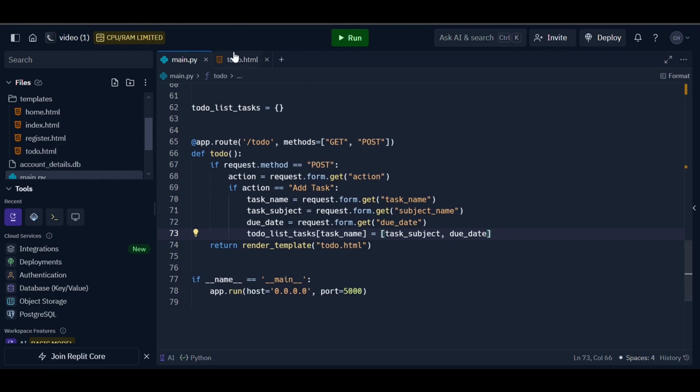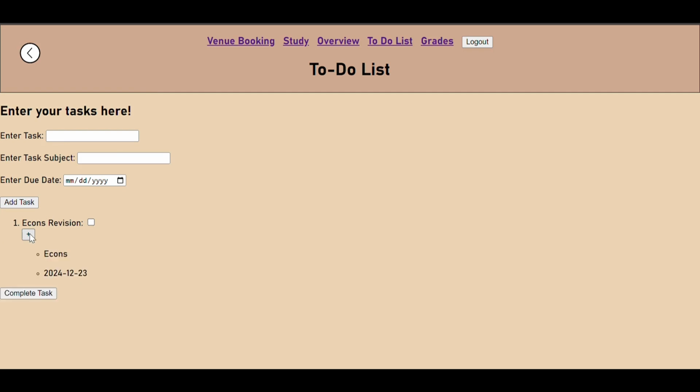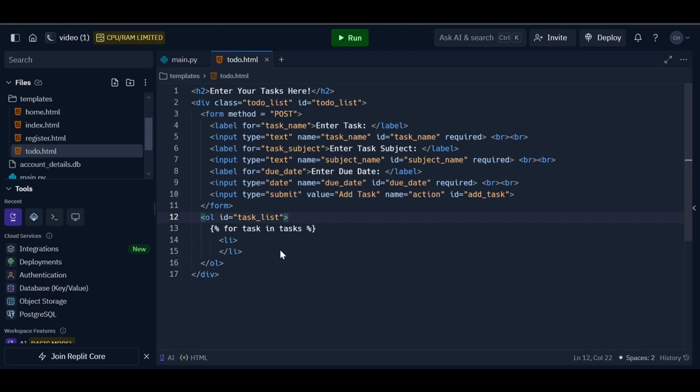So now we're going to go back to the HTML, and we're going to create the drop down button, the little plus button that you can click to see more details. So the first thing we're going to do is create a label. And we're going to make the label task